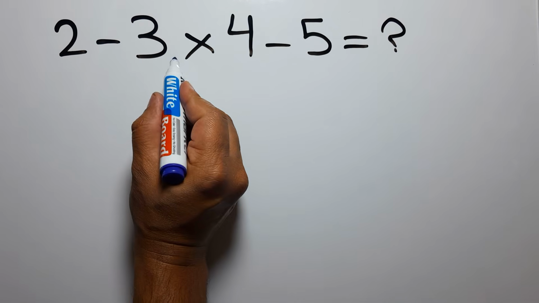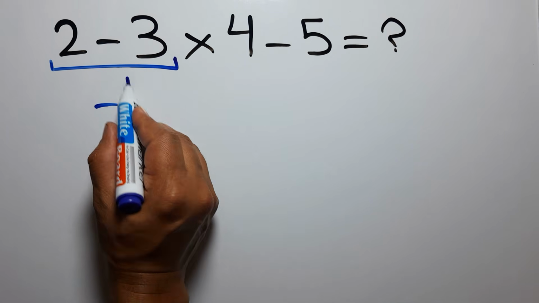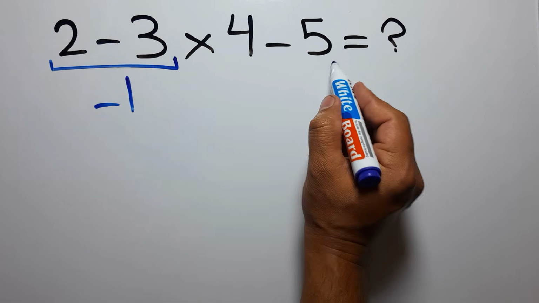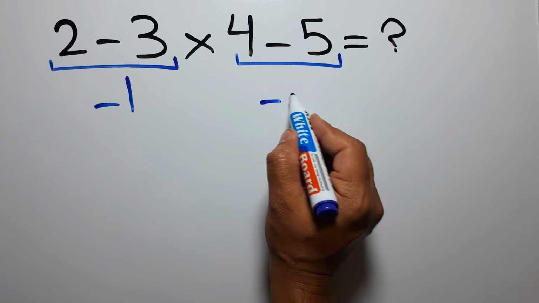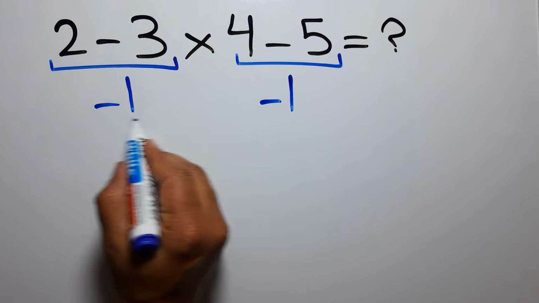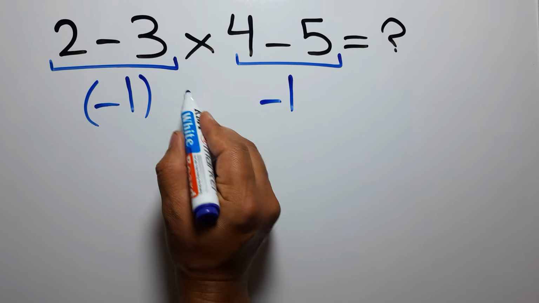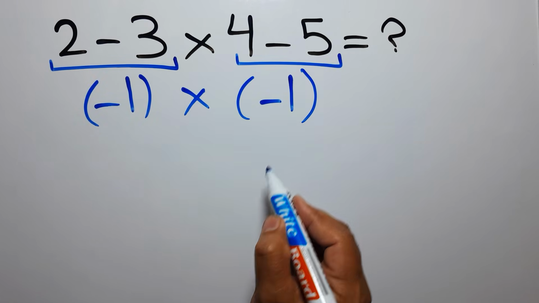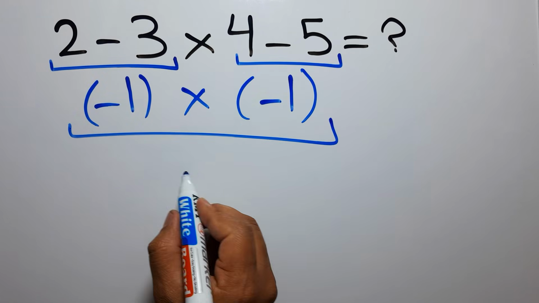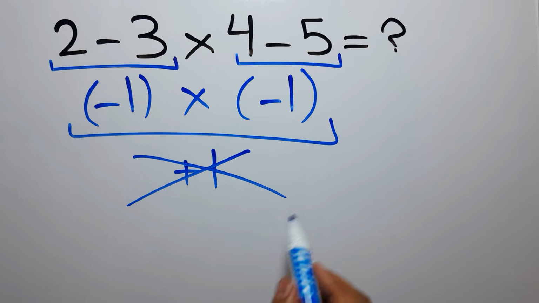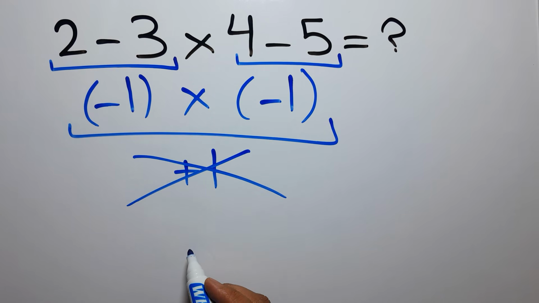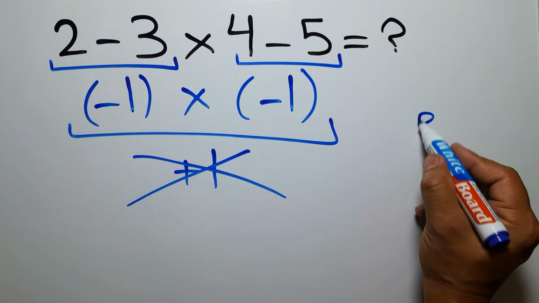2 minus 3 gives us negative 1. And here we have 4 minus 5, which again equals negative 1. So negative 1 times negative 1 gives us positive 1. But this answer is not correct, because according to the order of operations, which is PEMDAS,